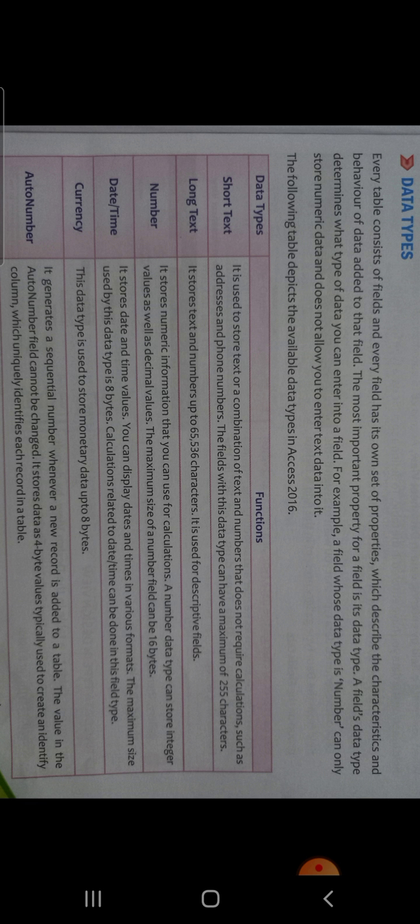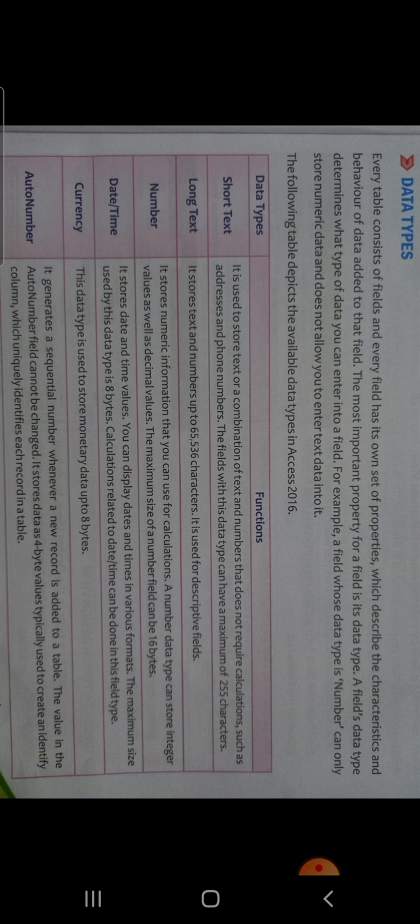A field's data type determines what type of data we can enter into a field. For example, if a field's data type is number, the field will consist only of numeric data. It will not accept any other data type like text.